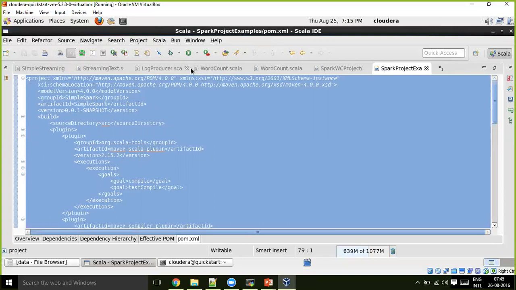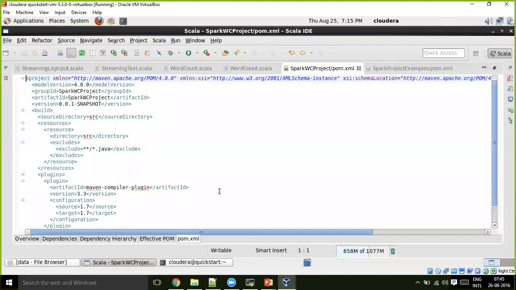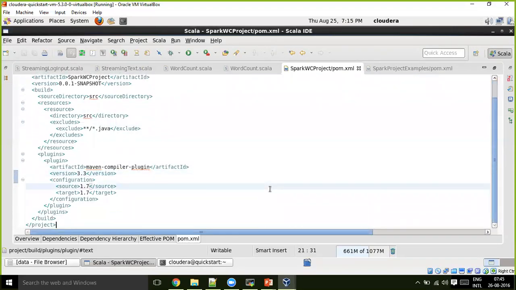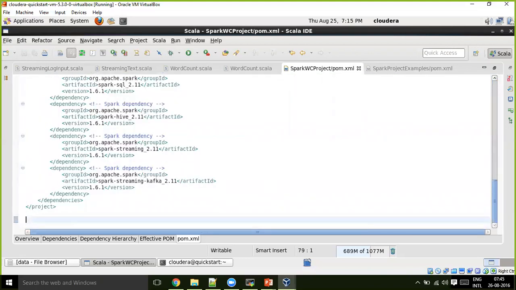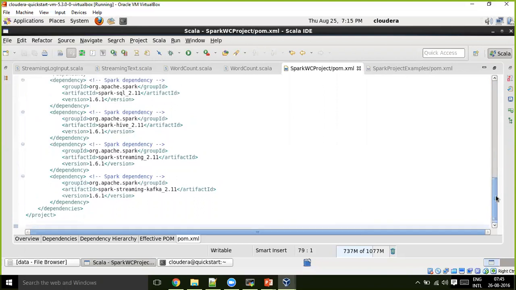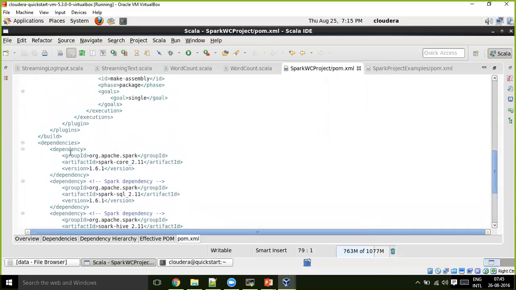Let me close all these things. So in the pom.xml file, just replace this. Here in the dependencies, if you observe, Spark core is needed at this moment for you guys.